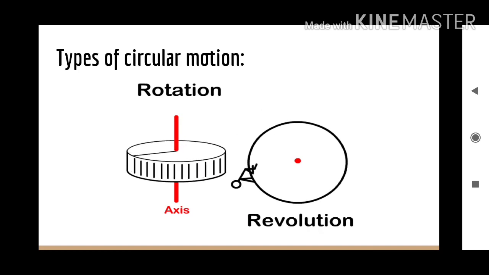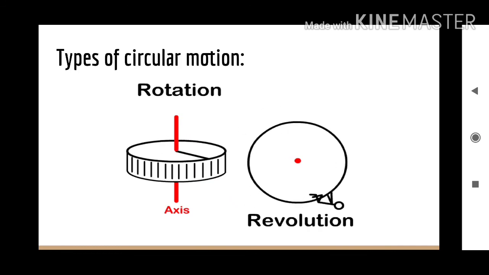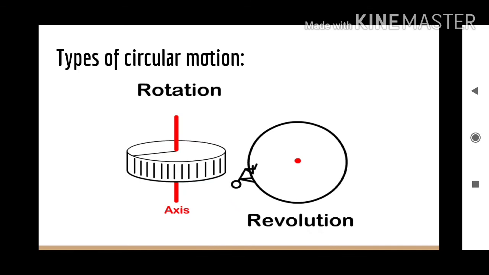For example, our earth rotates about an axis, that causes day and night. Similarly, the top which you play with, when you throw it releasing it from the thread, rotates about an axis passing through the center of its body. So rotation is a circular motion when an object rotates about an axis passing through its body.